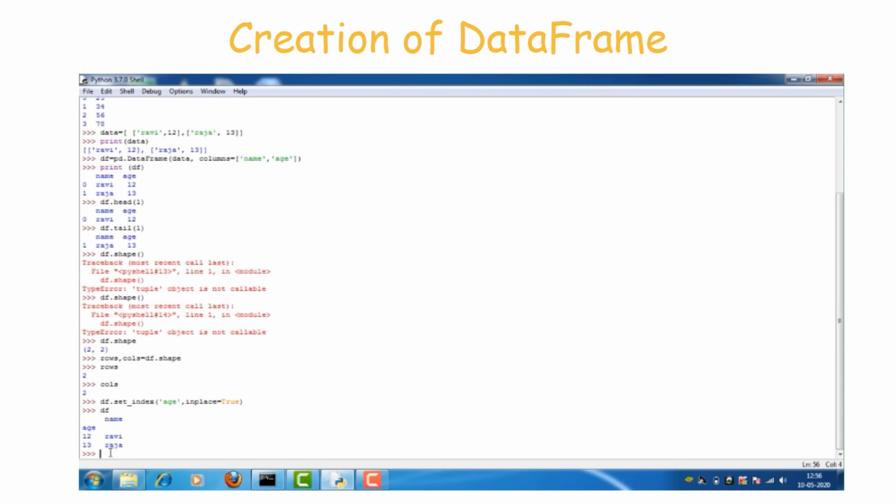The second argument is used to modify the existing data frame. Suppose you do not specify inplace, we will get an error message. Now df contains aggregate functions: min, max, standard deviation, mean and so on.